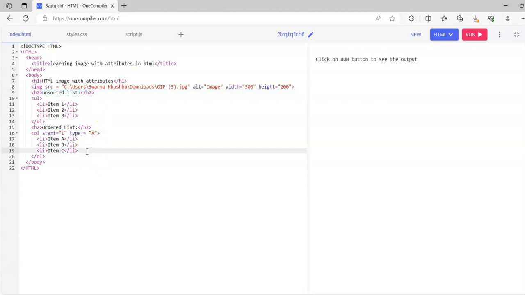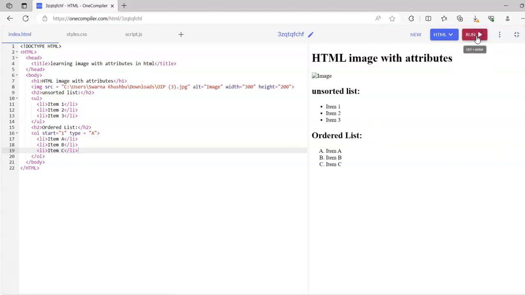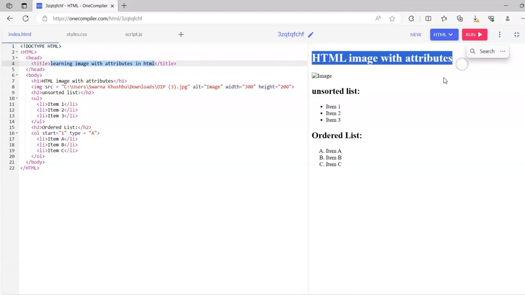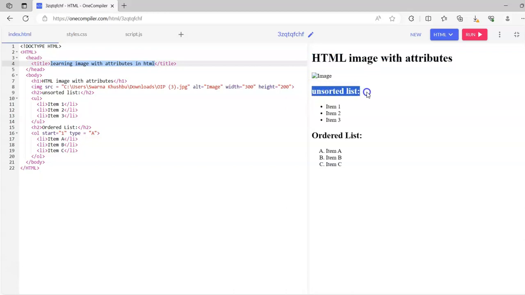Now that we are done with the coding of the HTML, the next thing is we have to run it. Again I'm using the one compiler, so I'll just click on run and check how the output is coming. If you see, it shows this first line, that is learning image with attributes in HTML. So this is my first line. And then the next comes up with the unsorted list. So unsorted list is this one. It just came like item 1, item 2, item 3,